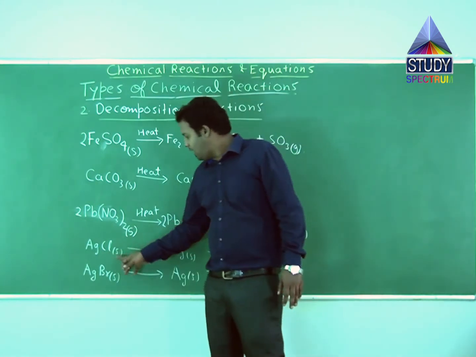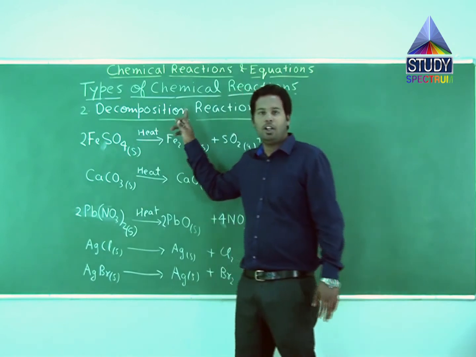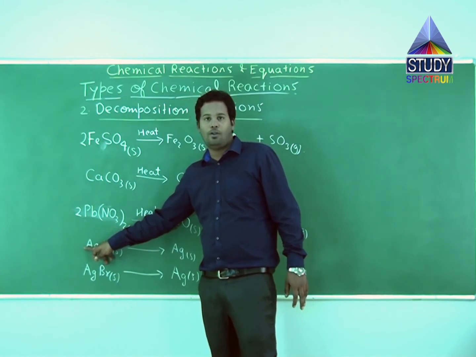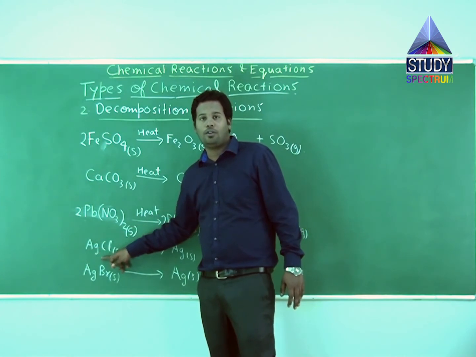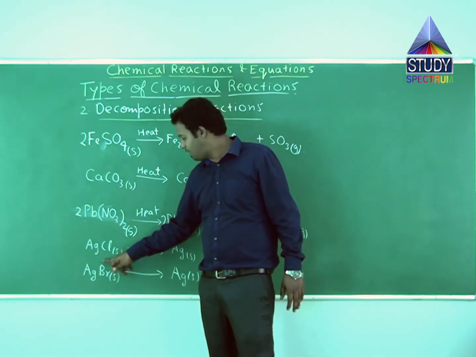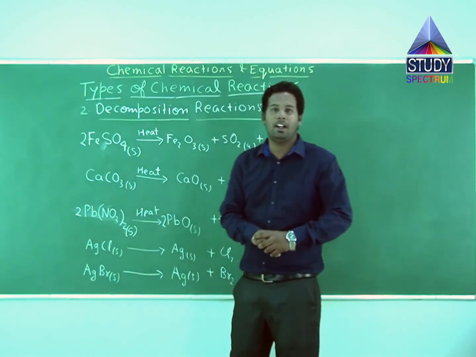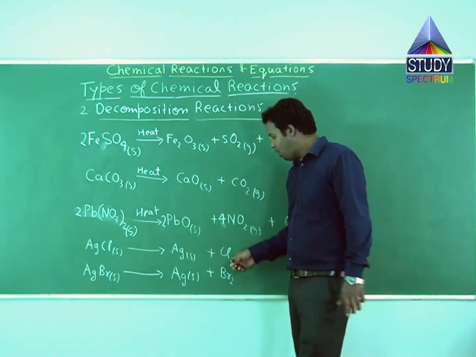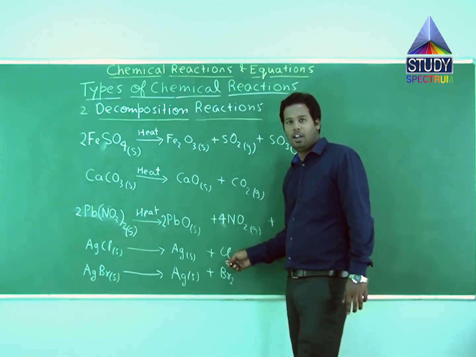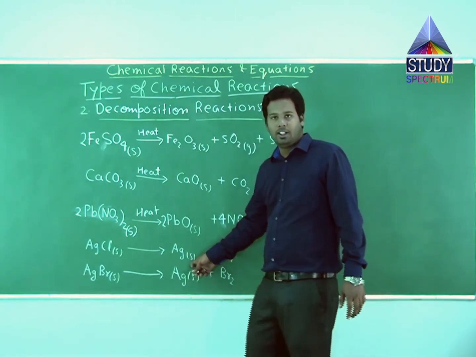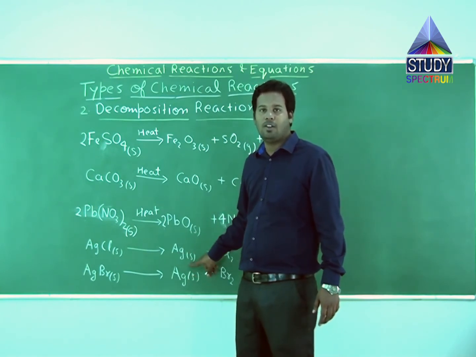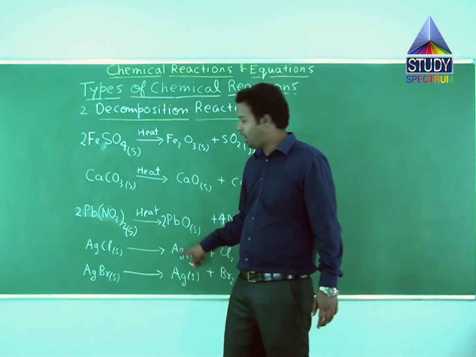If you see AgCl, that is the only reactant, since we are studying decomposition reactions, that is the only reactant present in LHS. The stoichiometric coefficient of AgCl is 1. The suffix of silver in this compound is also 1, as nothing has been written over here. So the number of atoms of silver in AgCl will be 1 into 1 in LHS, that is 1. If you talk about RHS, the second product does not contain silver, whereas the first product contains Ag. The stoichiometric coefficient of this element is 1, suffix is also 1, that means the number of atoms of Ag here is 1. So Ag is already balanced.